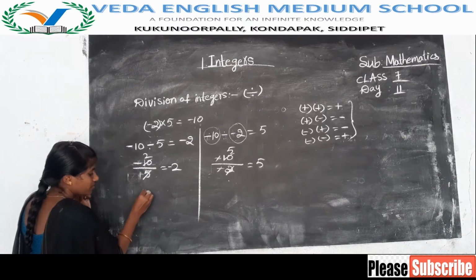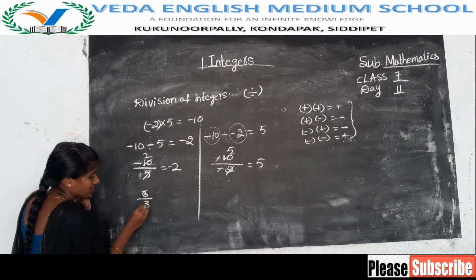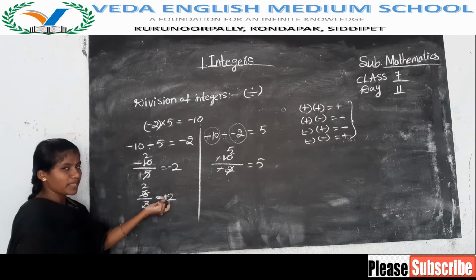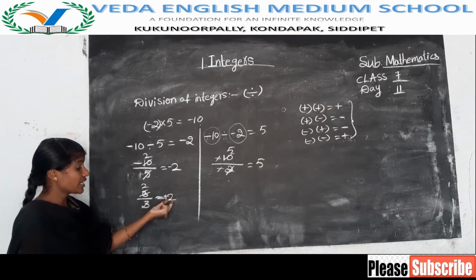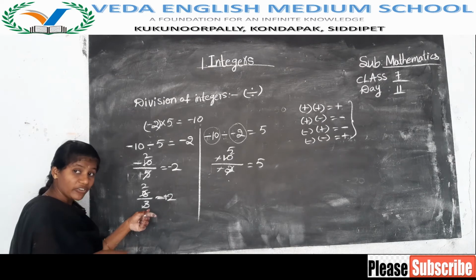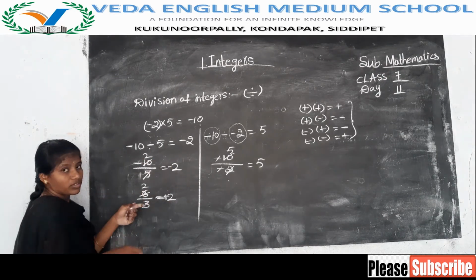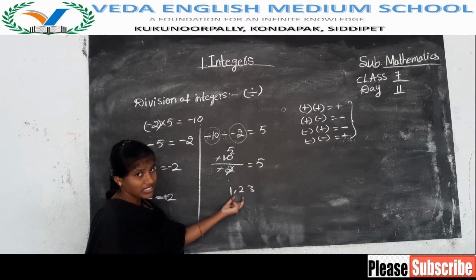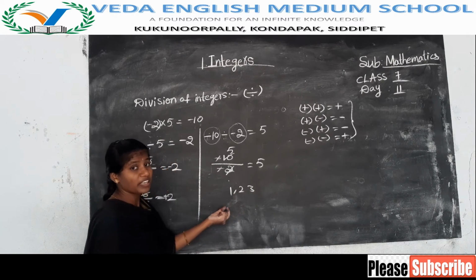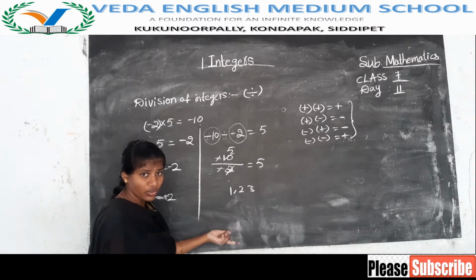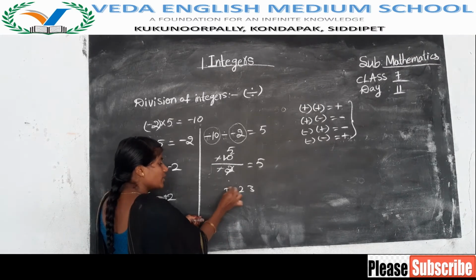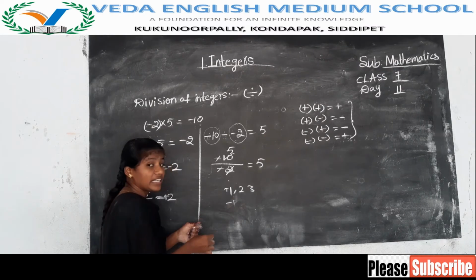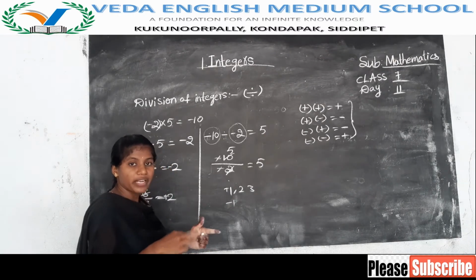For example, if I have written like this, then what is the answer here? 3 ones are 3, 3 twos are 6. Directly, automatically it is plus 2 only. There is no need to say it is plus 2. If you have a negative number, then you have to say it is negative. While you are writing numbers 1, 2, 3, 4, 5, 6, these are always positive numbers. Are you reading them like plus 1, plus 2, plus 3? No, you are not reading it. That means there is no need to mention plus. If you have a negative symbol, then you read it.